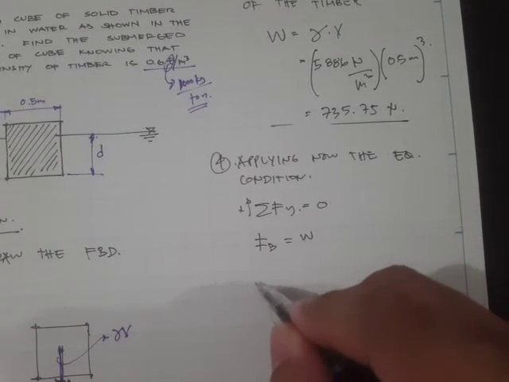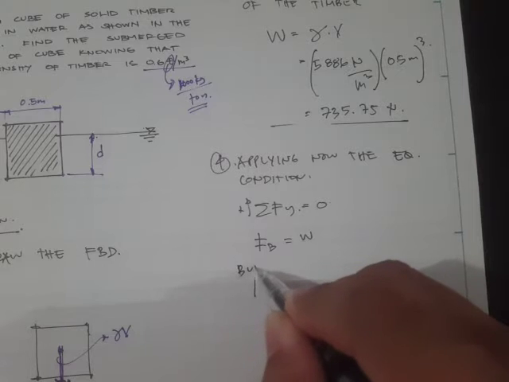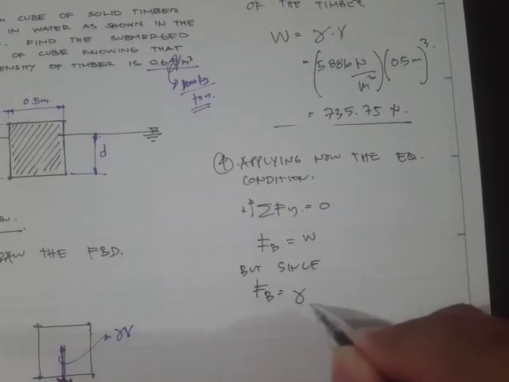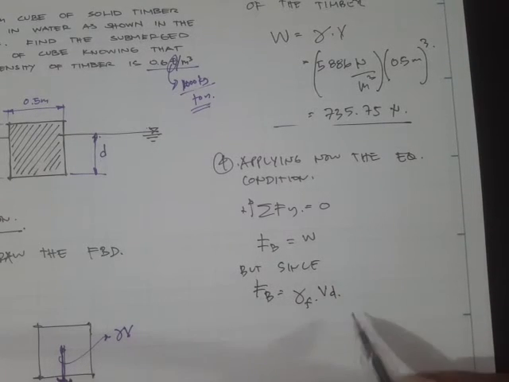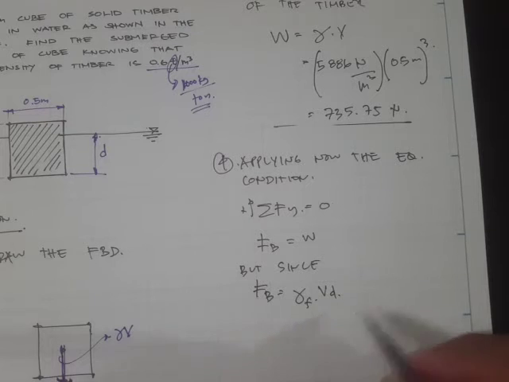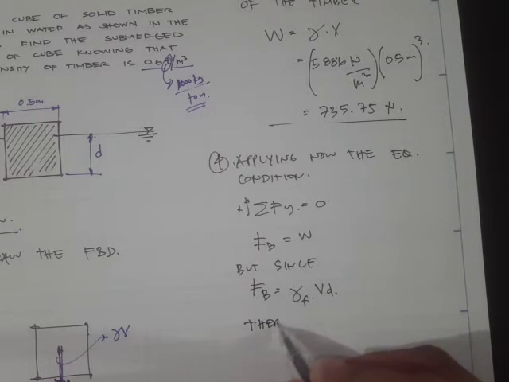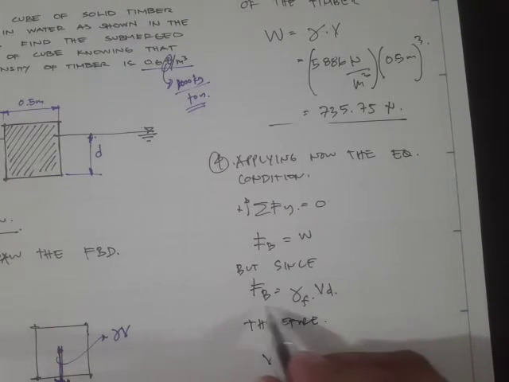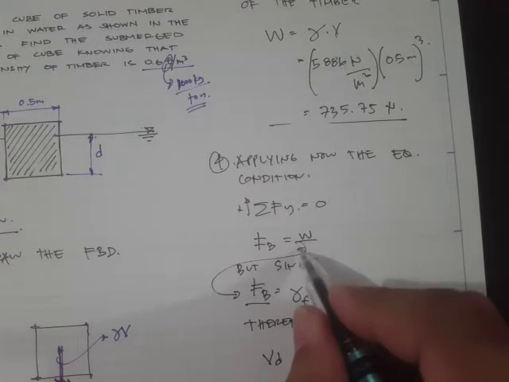But since FB is equal to the unit weight of the fluid times the displaced volume, we can write that our V sub D, the displaced volume, is